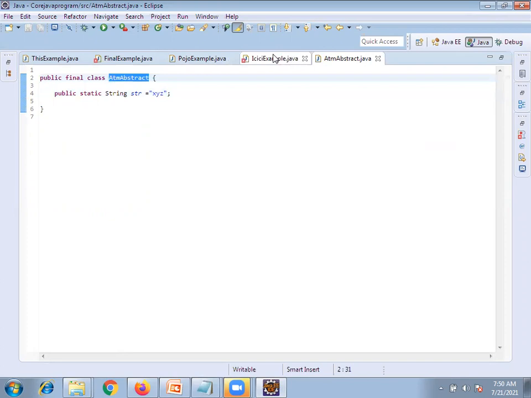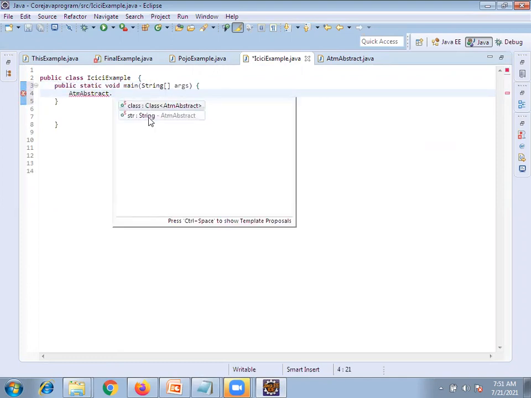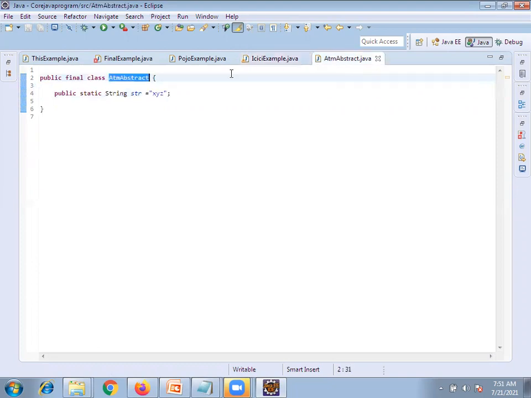If you want to get it, just come here, remove this, and use main dot, and see what is available: str. You can use it directly, but it never changes. Everywhere the value would be the same. Clear? You define one class as final, so it won't change.